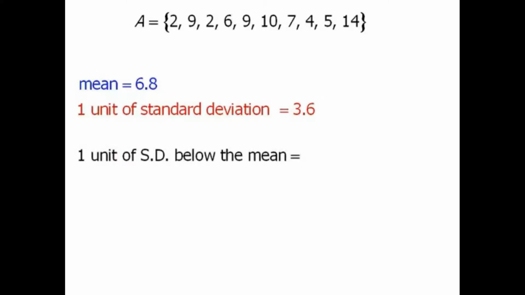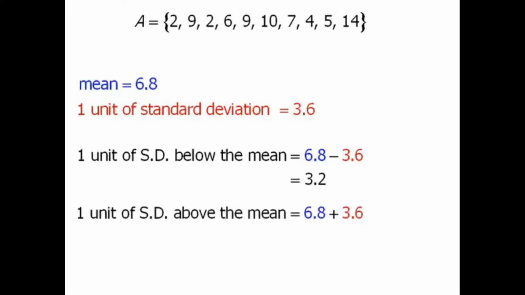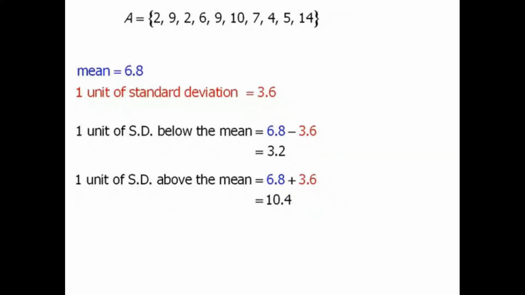information, we can calculate 1 unit of standard deviation below the mean. This will be equal to our mean of 6.8 minus 1 unit of standard deviation, 3.6. When we do this, we get 3.2. We can also calculate 1 unit of standard deviation above the mean. This equals our mean of 6.8 plus 1 unit of standard deviation, 3.6, to get 10.4. When we combine this information, we get a range of values that are all within 1 unit of standard deviation